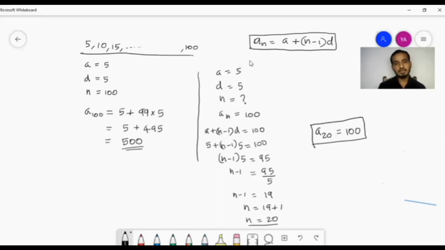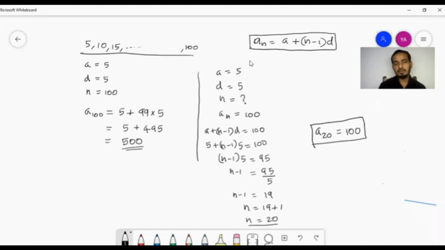Okay? Two applications. And the third application is to check whether a number is a term of that particular sequence or not. Okay, you will get an arithmetic progression. A question will be, is 100 a term in this progression? Is 1000 a term in this progression? Like so. And to check whether a given number is a term in the given progression or not, the idea is the same as we did previously. We found the position of 100 in this sequence.